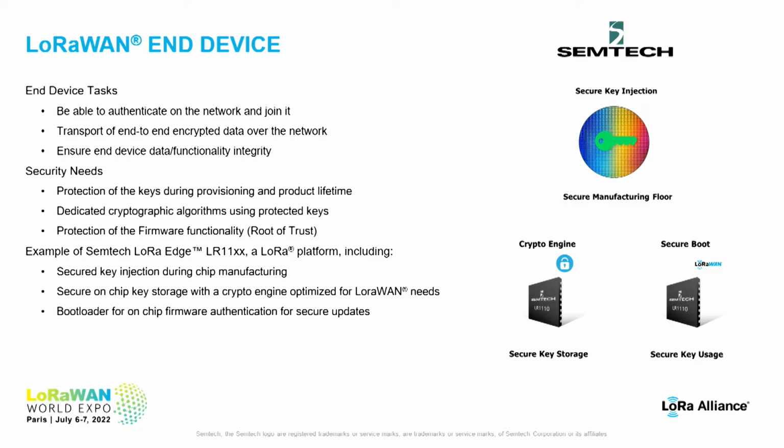First of all, what are the main tasks of an end device? The end device should, of course, be able to authenticate itself on the network and then be able to transport end-to-end encrypted data. But apart from that, it also has to ensure the integrity of its functionality and so ensure the integrity of the data which is transmitted. This will, of course, require some security, namely protection of keys during the whole product lifetime and some cryptographic algorithms which are using these keys and, of course, protect its software running on the end device